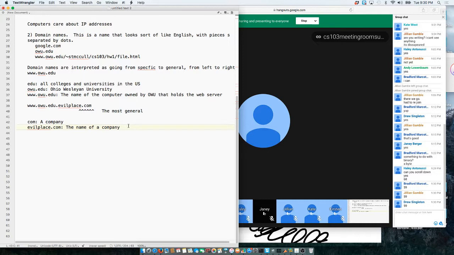So the point is, because it's a .com and because we're going general to specific, right to left, evilplace.com is the place this is at. Okay. And all of this is the name of a machine on evilplace.com. Okay, because anything to the left of evilplace is a thing inside evilplace. Okay, so you might have heard of